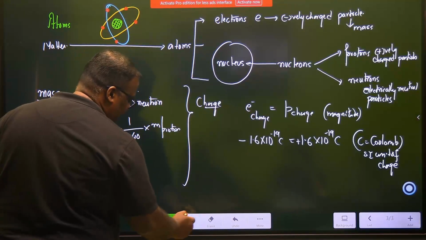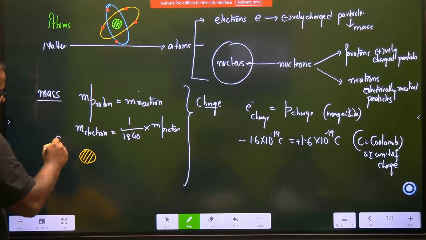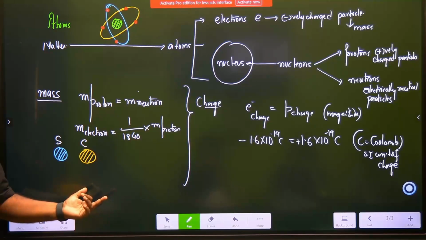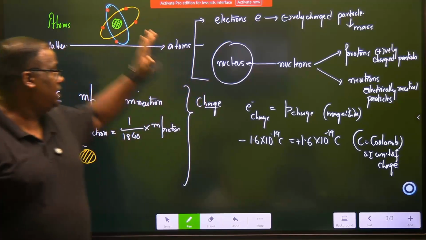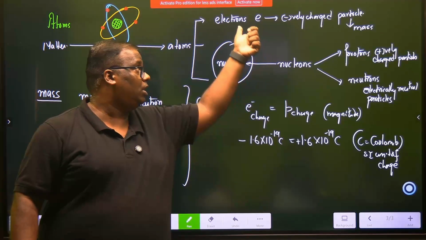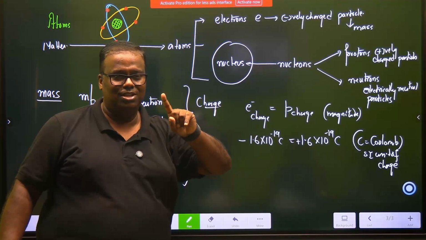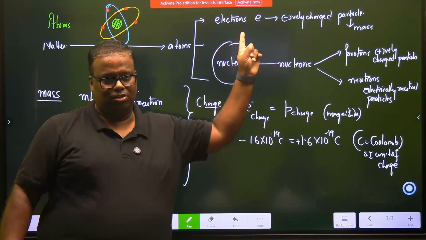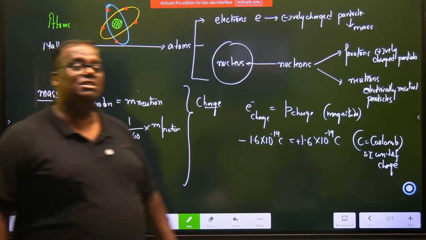I have with me, say, an atom of sulfur and an atom of carbon. Sulfur is S, carbon is C. Are they alike? Not at all. They have a different combination. But when we enter subatomic, let's take a sulfur atom and get inside. What are we getting? Electrons, protons. They are not sulfur electrons, carbon protons. They are just electrons. So the next question is, sir, is the electron of a sulfur atom same as the electron of a carbon